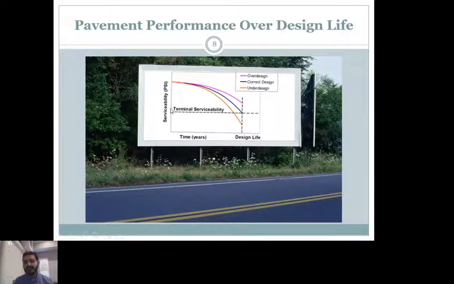The y-axis here is what we call the serviceability, or the goodness of the structure, or how strong the structure is, and the x-axis is the years of design. And this is the terminal serviceability, which is the failure criteria. I would like this structure to fail, let's say, after 20 years. So if you have an exact correct design, this structure should deteriorate gradually until it reaches failure